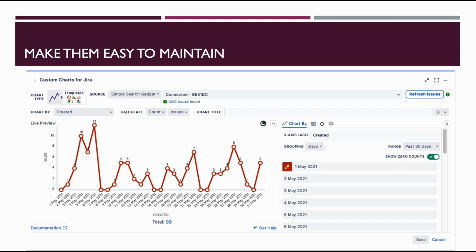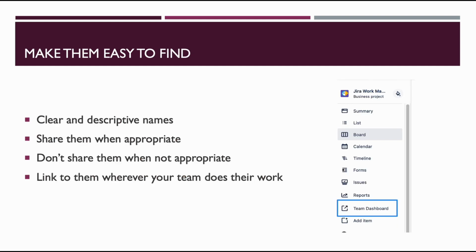Okay. So the next best practice that we have with your Jira dashboards and reports is to make them easy to find. So a dashboard, it's not really any use to somebody who can't find it, right? So if you make a beautiful dashboard that's the best report that your company's ever produced, it doesn't do much good if nobody can see it, right? So let's talk about making your dashboards easy to find. So there's a few tips here. The very first is clear and descriptive names, right? This one's a little obvious, but